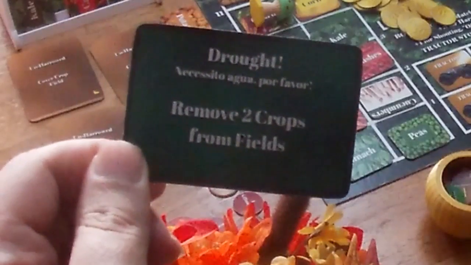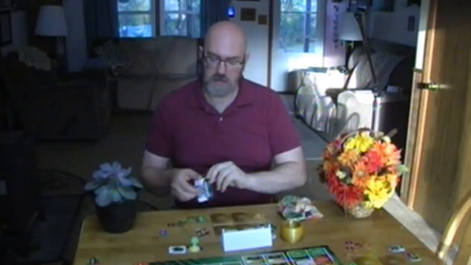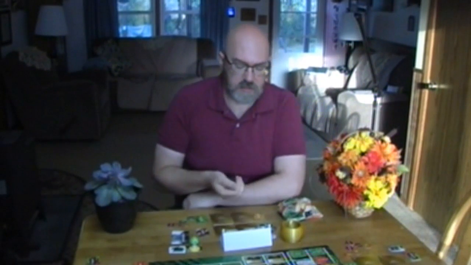I also place a finger doodle on the adversity card. Let's check out the card again. Let's remove 2 crops from the fields. So we might want to place a finger doodle on there. But we've used up our 2 actions to place one on the disc. So